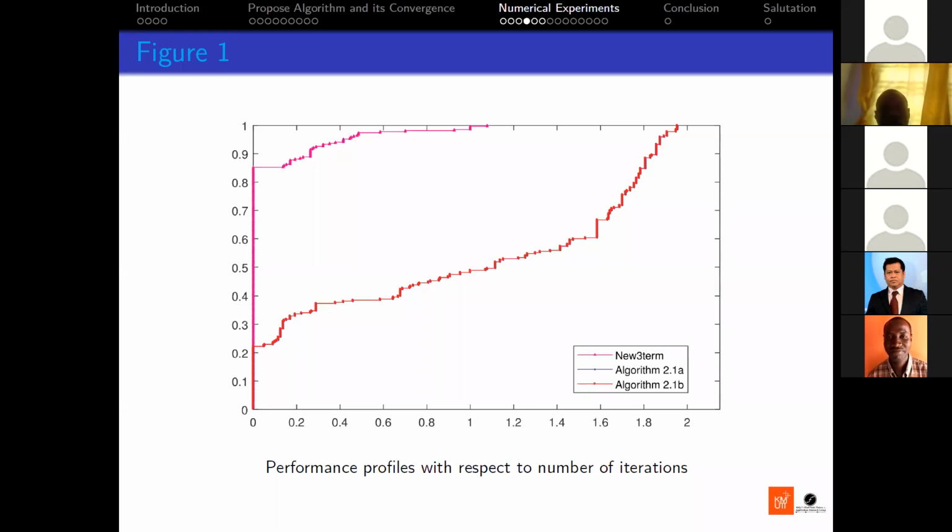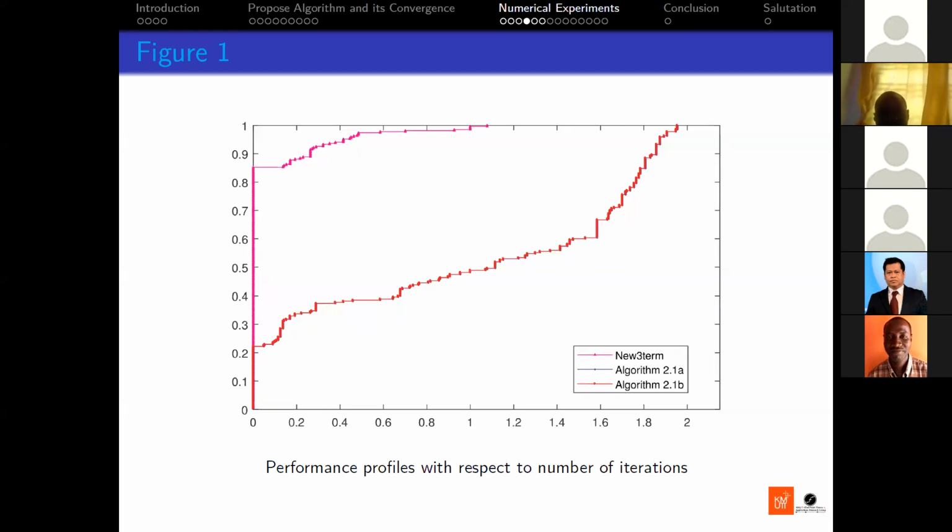You can see 0.1 is like 10%, 0.2 is like 20%, and 1 is like 100%. So what this graph is saying is, if you take the new three-term solver, based on the problems considered, in terms of number of iterations, it has fewer iterations in over 80%